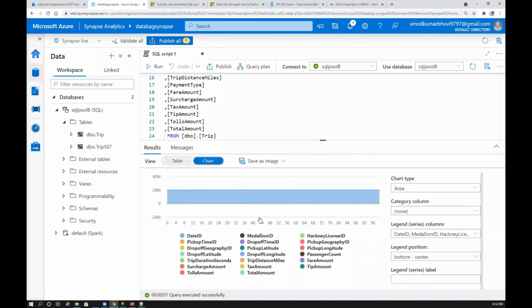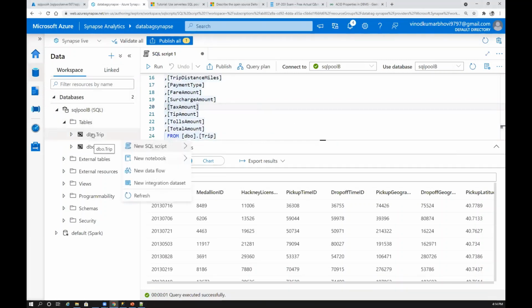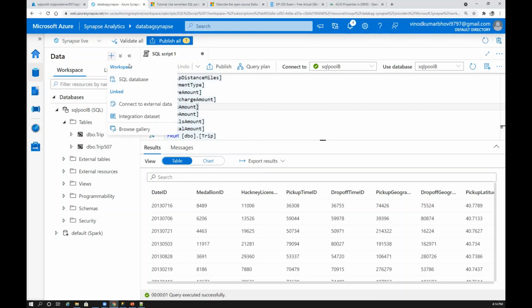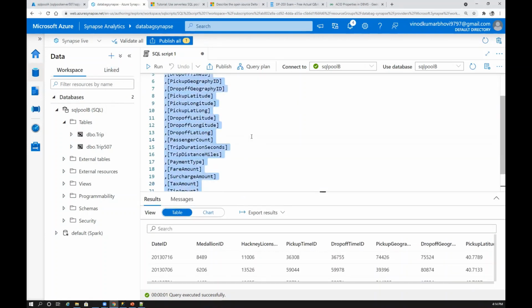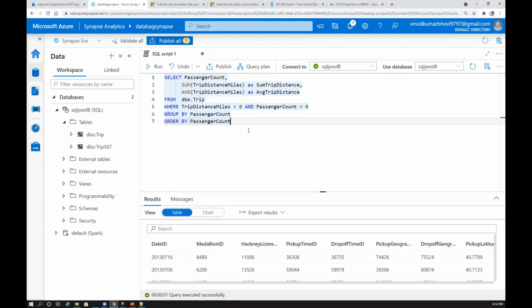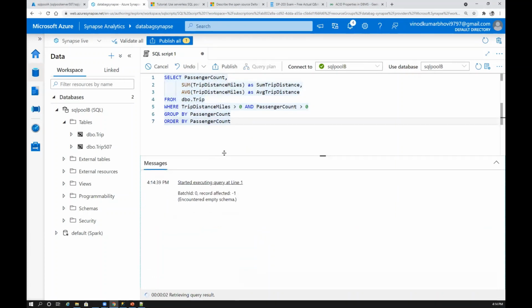So within this data, you wanted to just run something, right? For example, if I go to this one, right click, drop, let's do one thing. Let's try to remove this one, and I'm adding another query. Okay, what I want is passenger, do some aggregation and everything, and run. I'm not really sure if it runs quickly because it needs some computation.